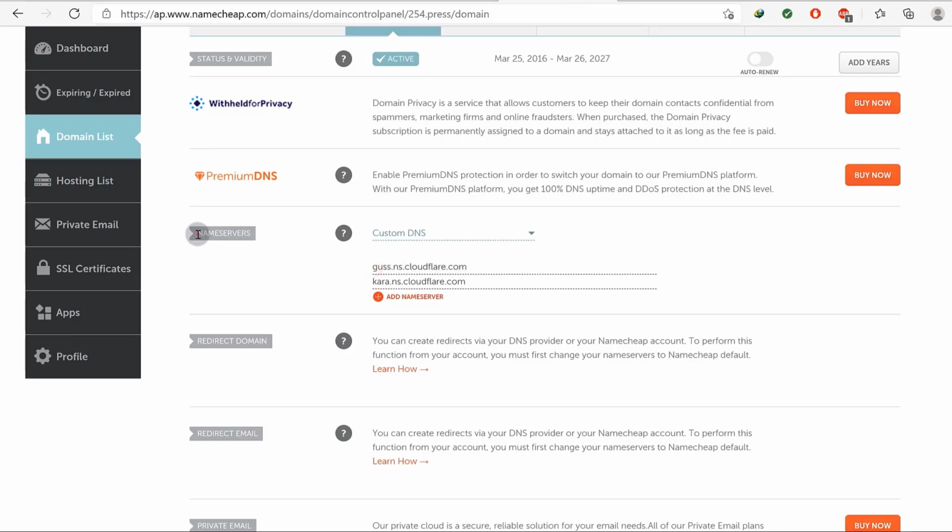Please note that it's name servers, not DNS. Okay, you can change your name servers on any platform, wherever you bought your domain from. There will always be a way for you to change your name servers. So add the 2 name servers that Cloudflare provides you, and then as soon as you do that, you go back to Cloudflare,